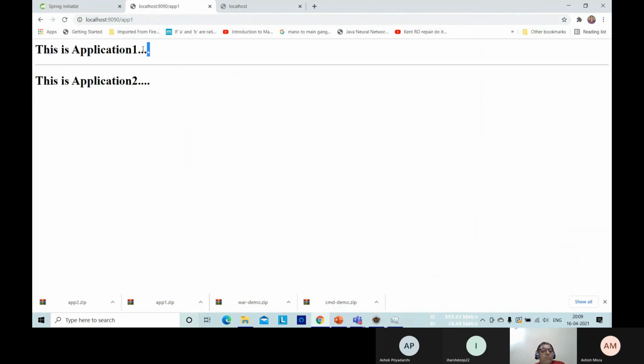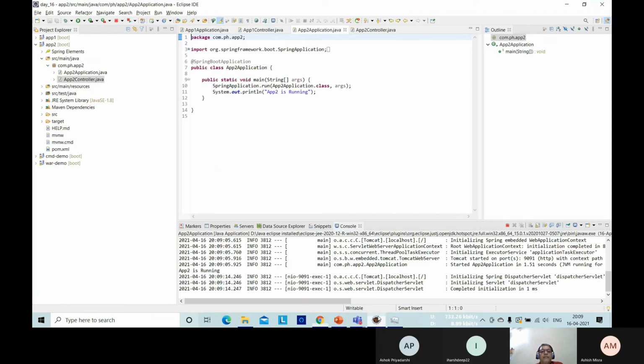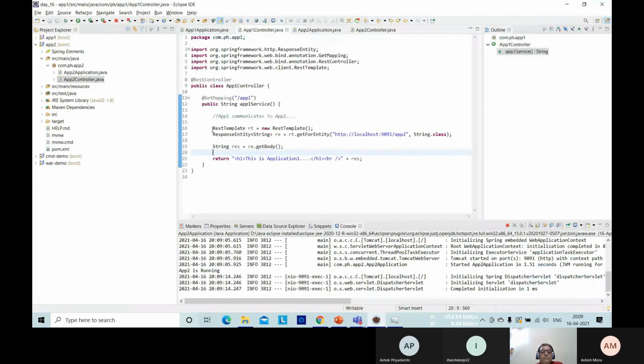So this is how two individual independent applications communicate by using RestTemplate and ResponseEntity.